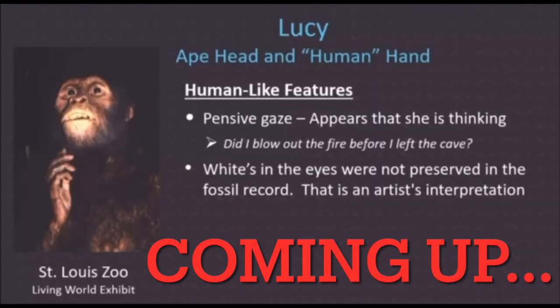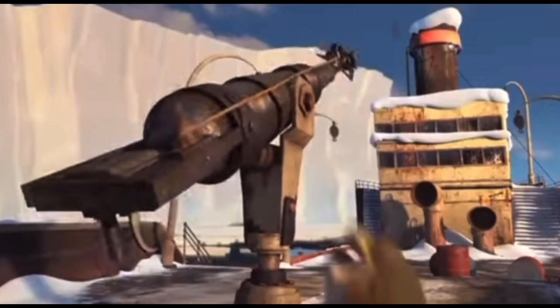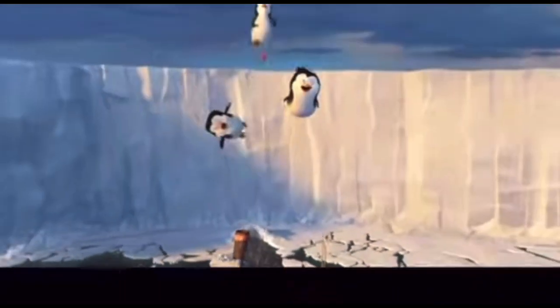And most apes don't have whites in their eyes. What if they look really far to the left? Fire in the hole! They do if they turn to the side. It's deep in there, but...